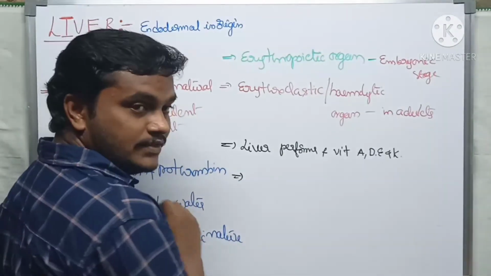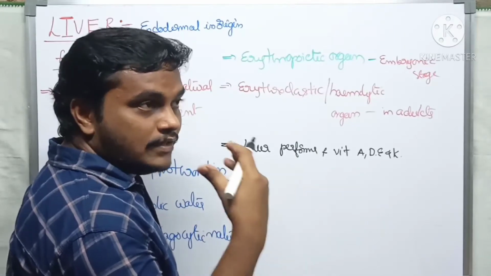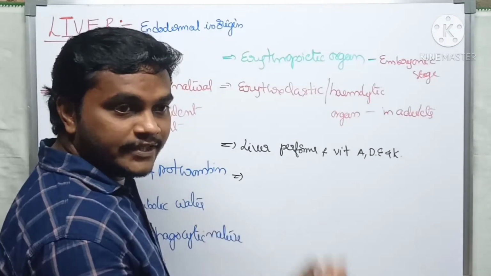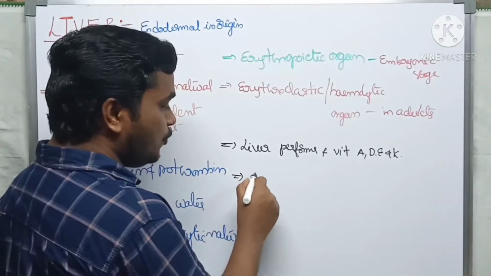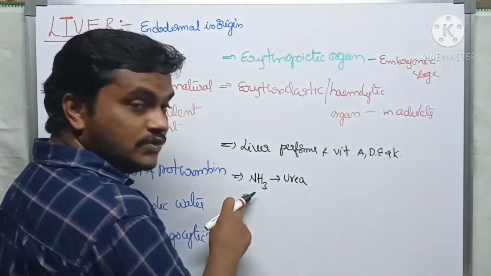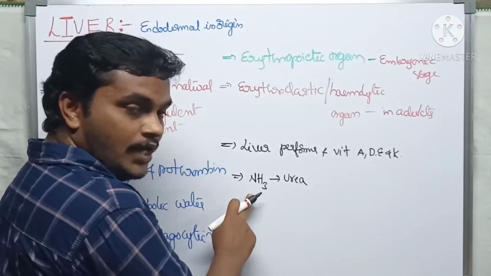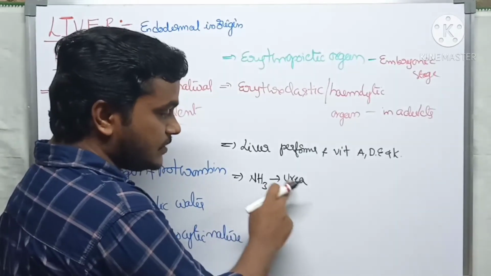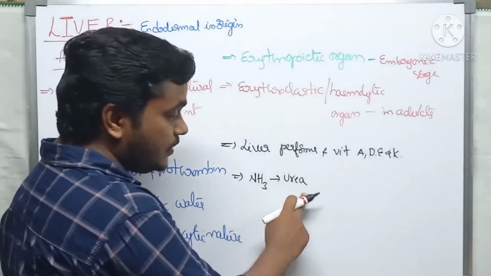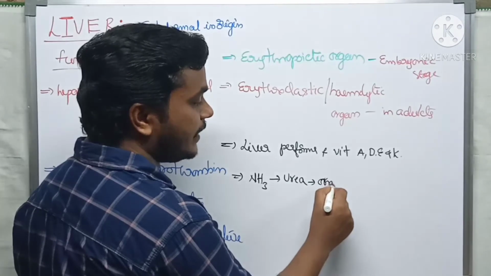So deamination, that means removal of amino groups, takes place, and those amino compounds are converted into urea. Ammonia is a toxic substance, urea is a less toxic substance. In our body, the ammonia compound is transformed into urea, a less toxic substance, by the cycle, that is the ornithine